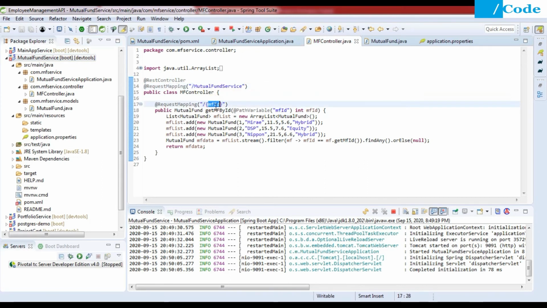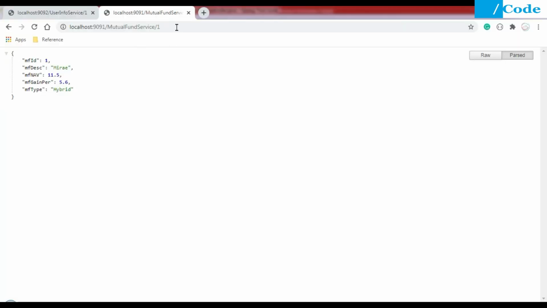So it will get the function getMFById, and here we have initialized the array list, and then we have used the stream API to fetch data which has the mfid given by the user on the front end. So like this, we are getting the data here. Yeah, we are getting data here as well.